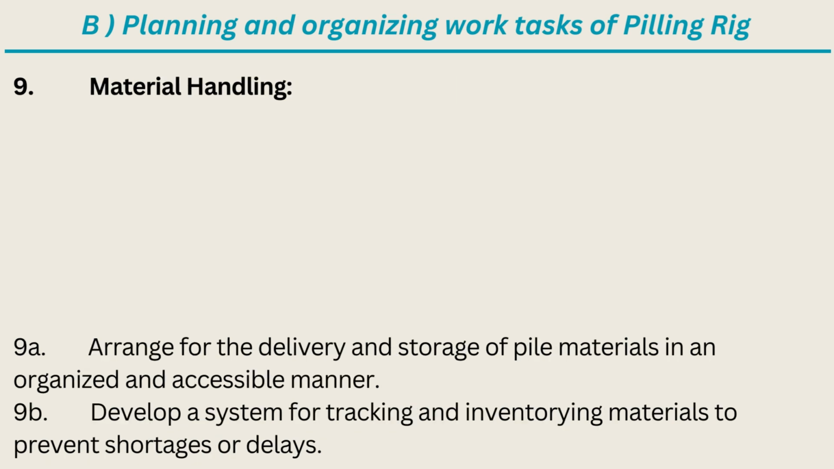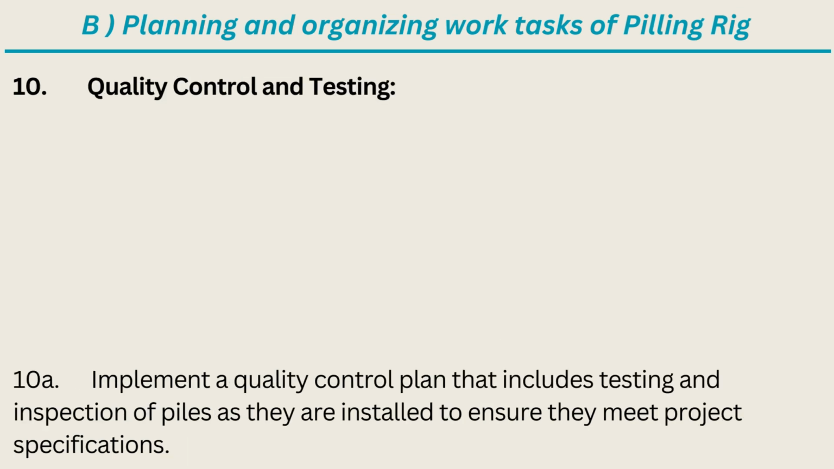9. Material handling. 9A. Arrange for the delivery and storage of pile materials in an organized and accessible manner. 9B. Develop a system for tracking and inventorying materials to prevent shortages or delays. 10. Quality control and testing. 10A. Implement a quality control plan that includes testing and inspection of piles as they are installed to ensure they